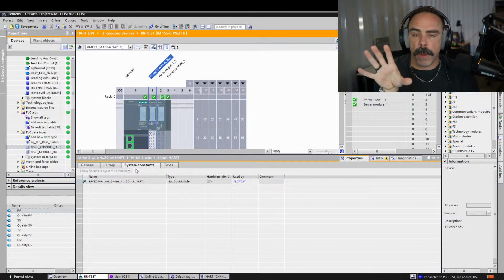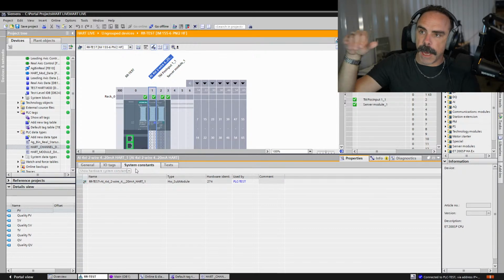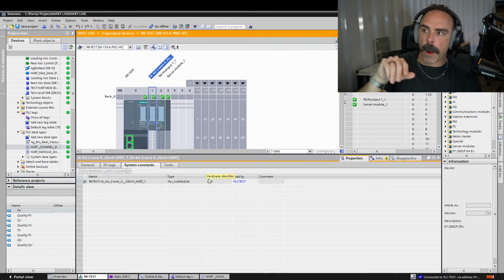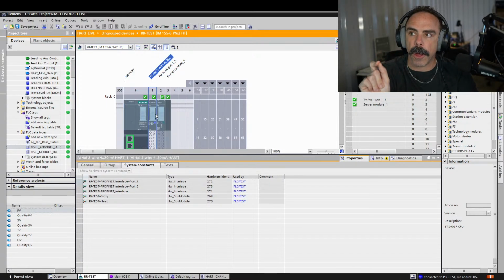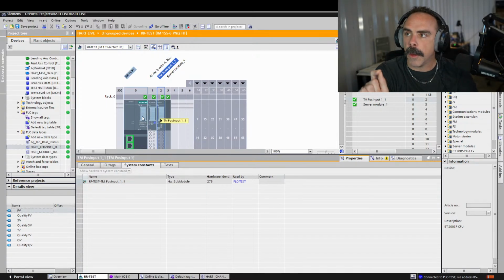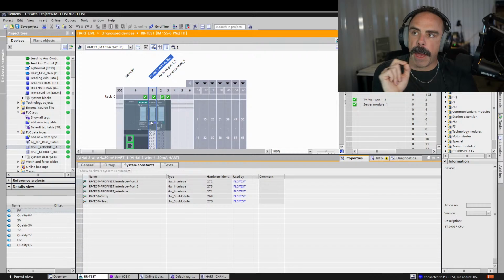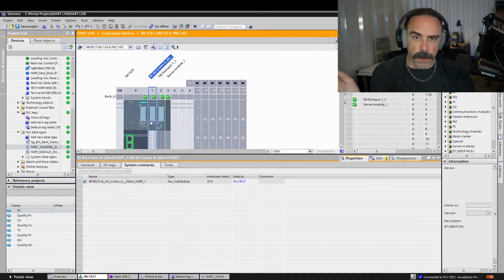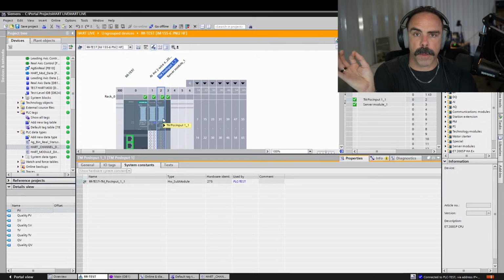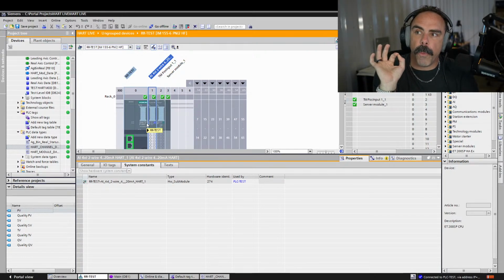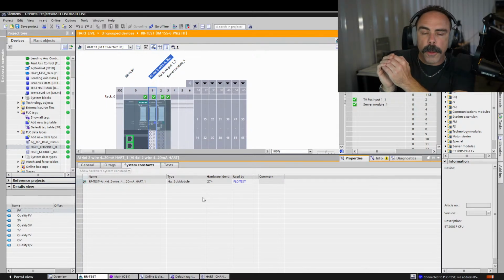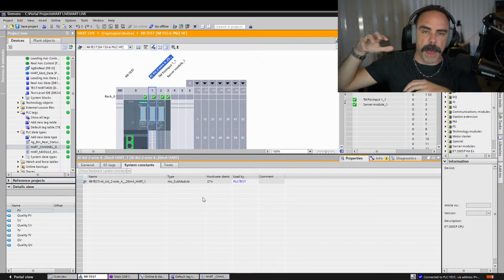So if you missed what I did, I went to the inspector window, under properties, I went to system constant, and I'm clicking on the different modules. So my interface module, my HART analog input module, and now the position submodule, the encoder input. And this is a way that you can reference all of the IO, all of the address space,